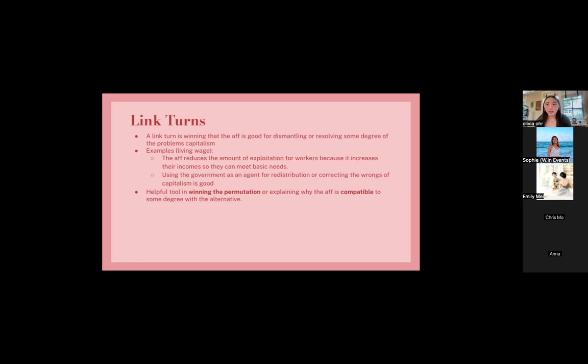So you can phrase this as a net benefit, in more counterplanny terms, to the permutation. And you should also phrase this as offense against the alternative. You've probably read very specific evidence as to why a living wage is the only thing that's able to resolve for inequalities produced. And you should say, if the alternative does not result in a living wage, then it definitely cannot solve the link turn. So it means that the aff is net better for addressing capitalism than the alternative is.